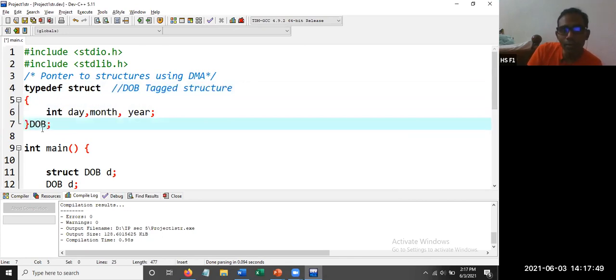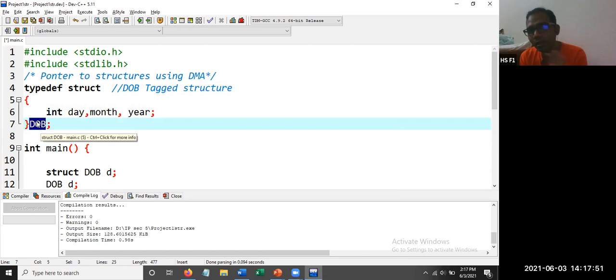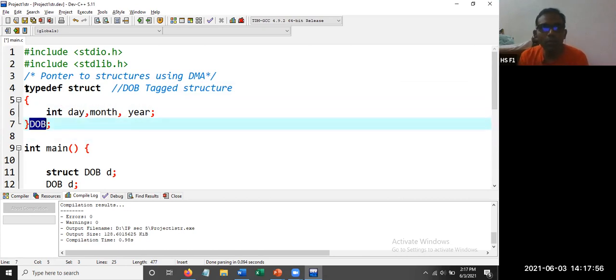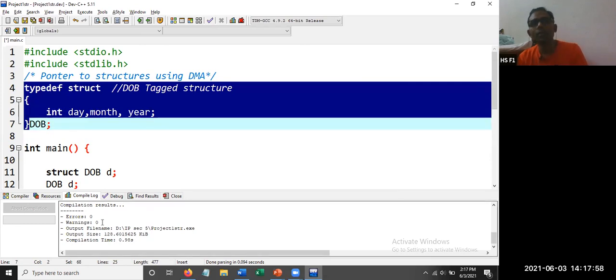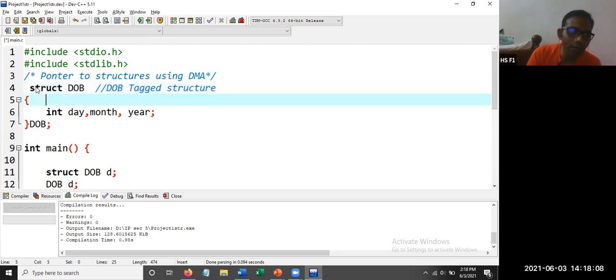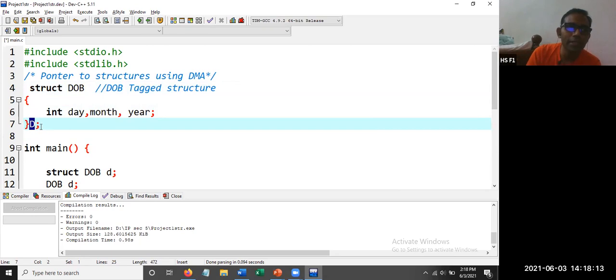Now, if you write DOB here, this is not a variable of type structure. This is a new name given to this particular structure. If you write simply struct DOB over here, and if you write D, then D is a variable of this particular structure.